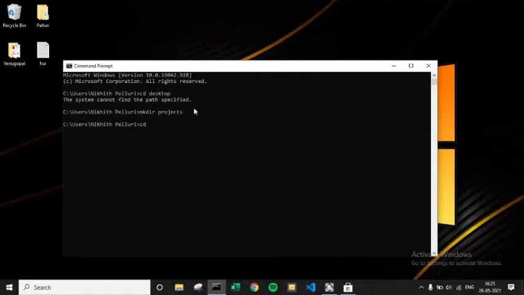And I'm going to take my DOS prompt into that directory, cd projects. You can follow the same commands, guys. To create a new folder, you have to use mkdir followed by the folder name, and to go into that folder you have to use cd, that is change directory. mkdir means make directory.